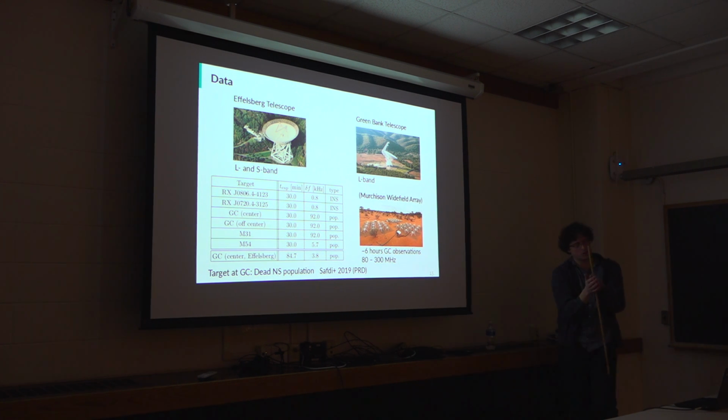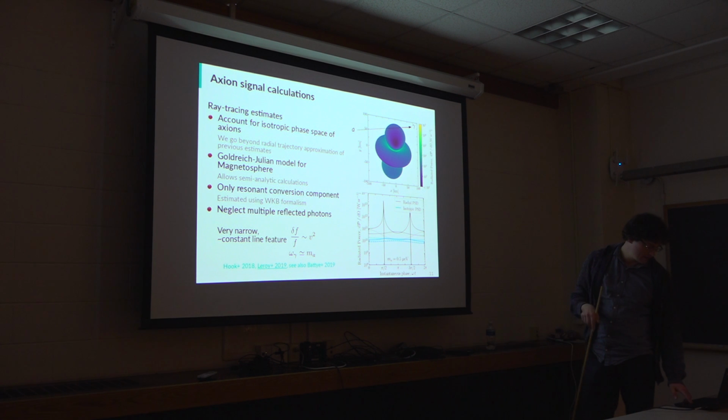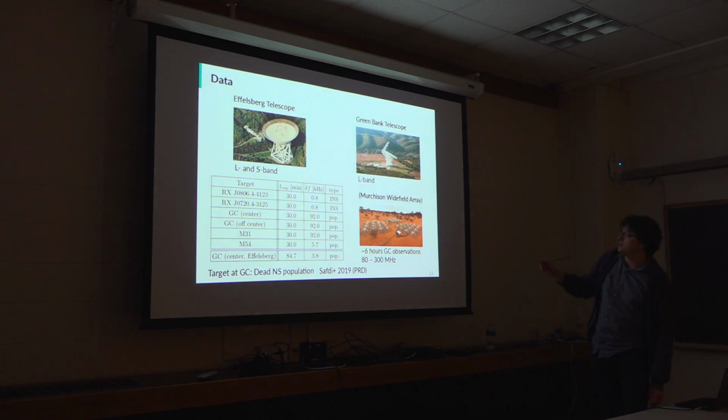In principle, the signal becomes larger both if you have larger rotation periods and larger magnetic fields, so neutron stars happen to be quite efficient in producing the signal. They showed that both for electrosphere models as well as for the Goldreich-Julian models, you get similar results. So the signal calculations are reasonably robust, to some extent. We also have data from MWA. There we proposed a couple of hours on the galactic center, but we haven't analyzed it. It's interferometry data, so it's way more complicated, obviously.